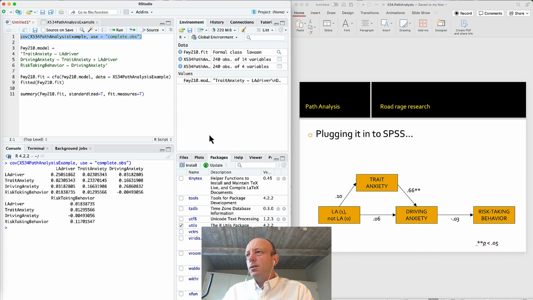And then once we make our model, which is this set of hypotheses, this diagram over here on the right, we are implying a certain covariance arrangement by our model that we can then compare to our real covariances. So by the model, we are hypothesizing a relationship between LA driver and trait anxiety, thus implying that there is a significant covariance, or when we do a regression, represented by a beta there. And so then when we get the covariance matrix from the model, we can look and see, okay, is there